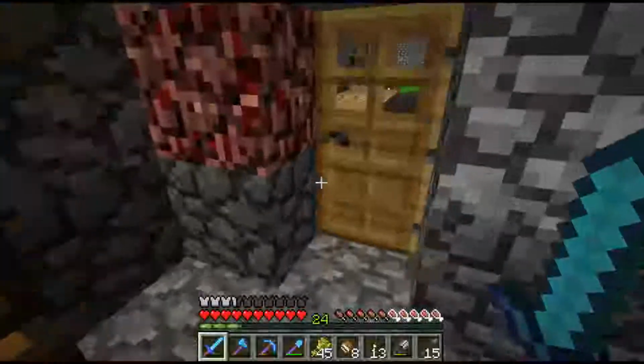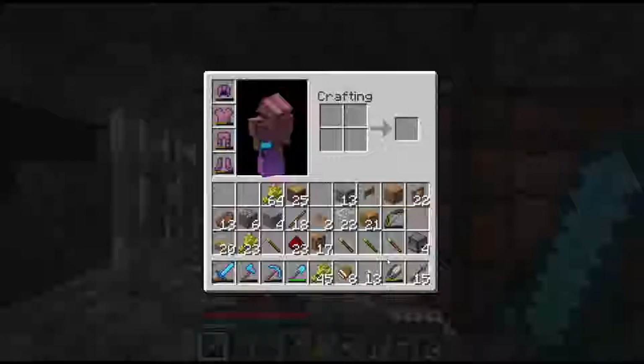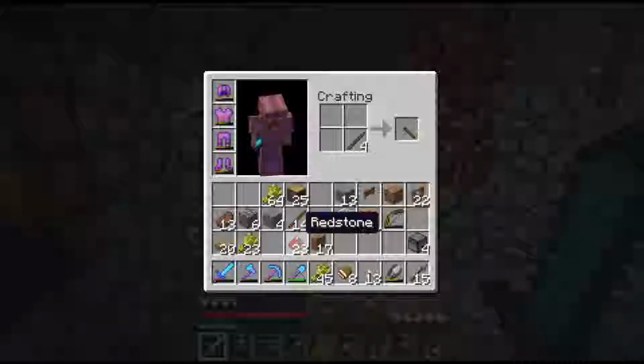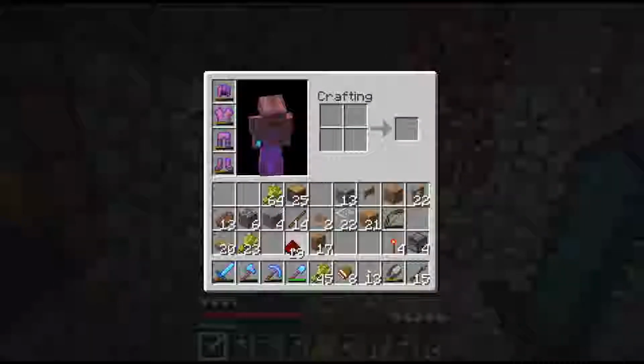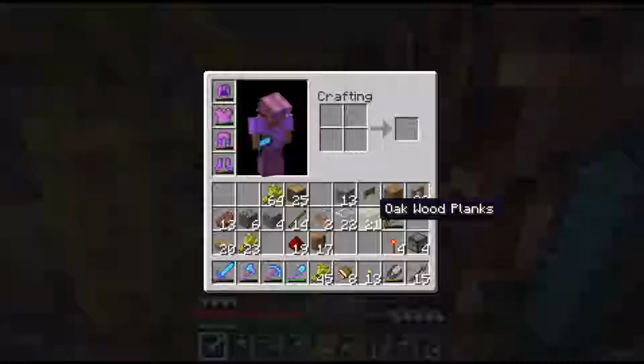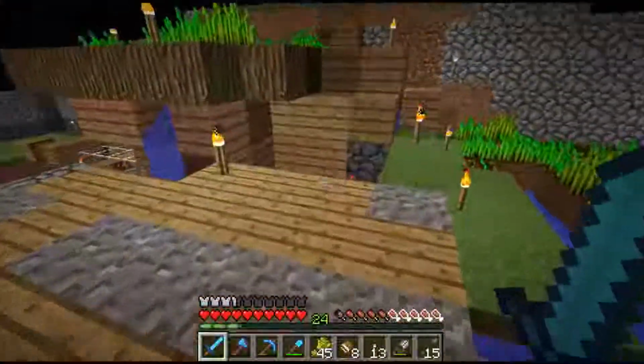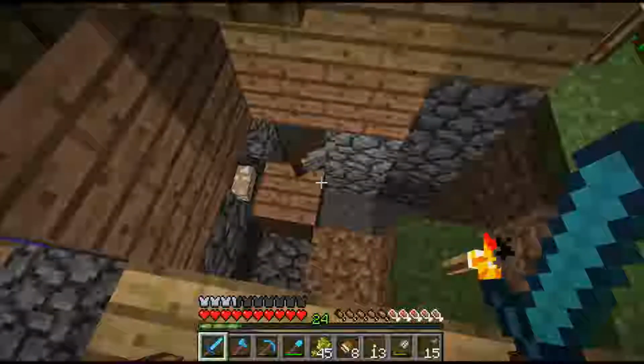Oops, that is not at all what I meant to do. That was dumb. Luckily, sticks are cheap. I meant to make actual torches out of them. Silly me, silly me. Okay, and then I have some wood. So, let's go on over here. And I'm gonna try